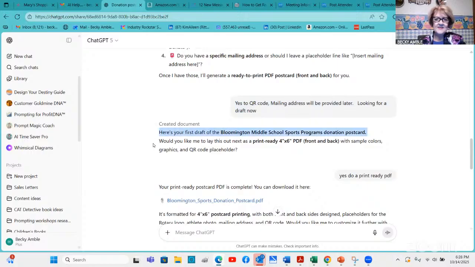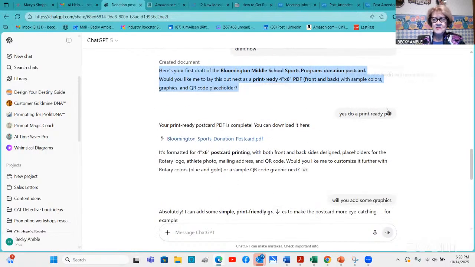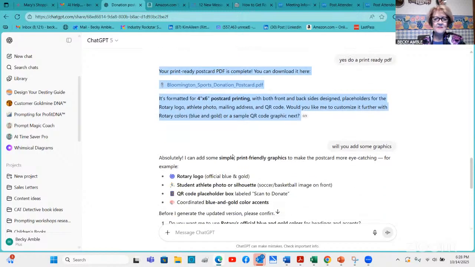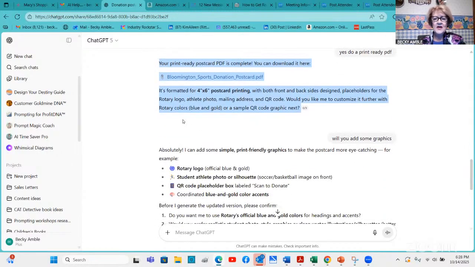ChatGPT then goes on to say, all right, getting this ready. And would you like this in some sample colors and some graphics, etc.? Paul says, yes, do a print ready PDF. And here it comes. And it says, hey, got your draft ready, and it's formatted into a 4x6 postcard, front and back sides, with a placeholder for the logo, athlete photo, all that. So we're not going to look at that,